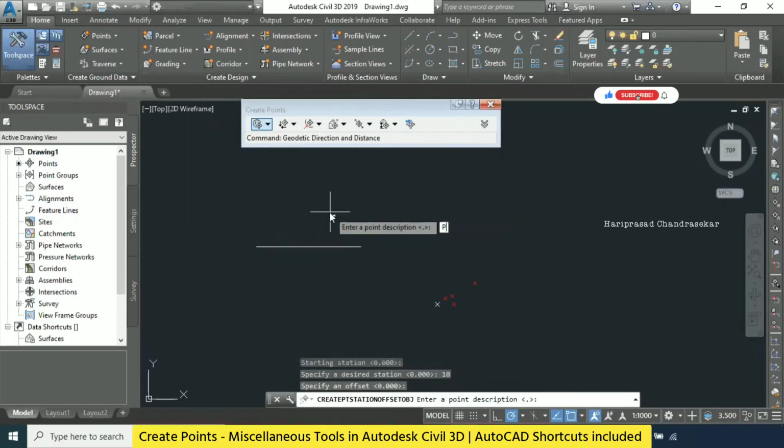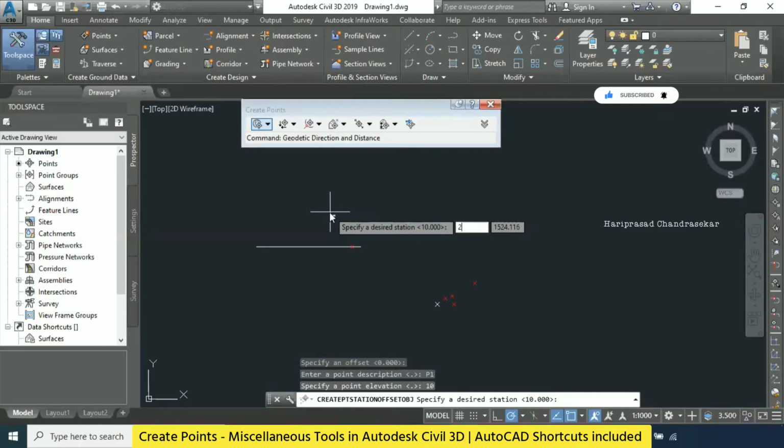A point description. If it is point description, then the point we will get. Otherwise, it won't come. In resectioning, this is not coming. That's why we must do something, and then we can do that. P1, enter, and then elevation. Now just for reference I am putting 10. See, now it is coming, at the 10. One point it came now.